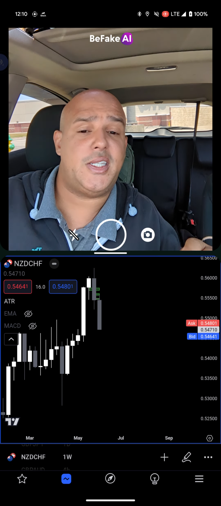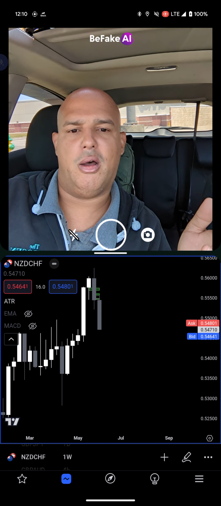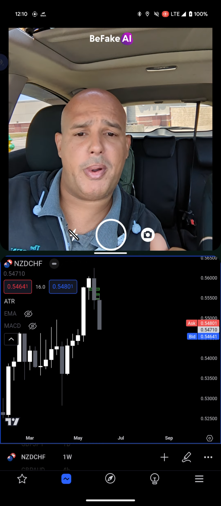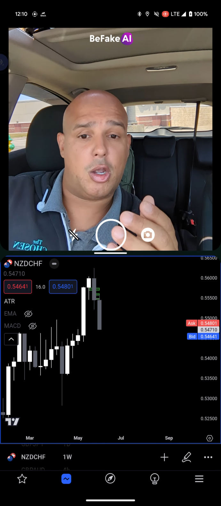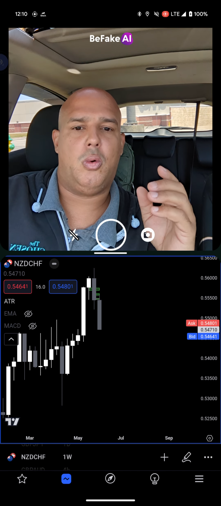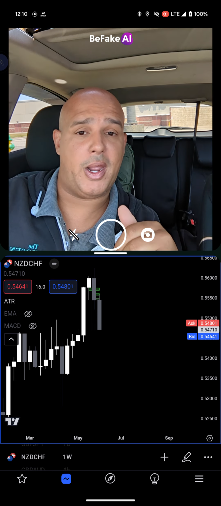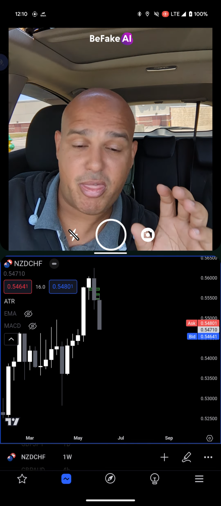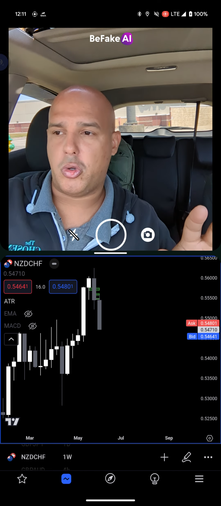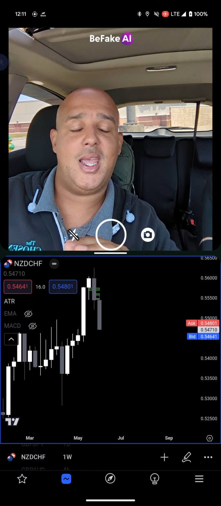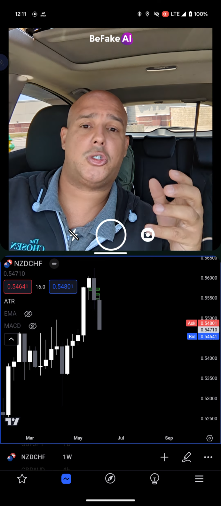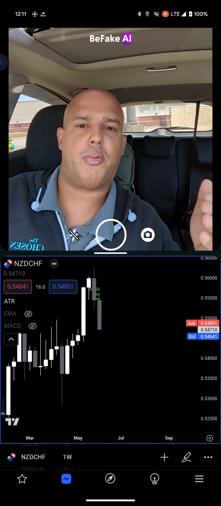NZD-CHF. NZD-CHF, this was the one that I actually used as an example the previous week. So we have a strong bearish candle that closed last week that engulfed the previous week before that. So 3 weeks ago was bullish. The week before that closed bearish, but completely engulfed the body, and I think engulfed the wick. Doesn't really close enough. Now last week's candle, following 2-candle theory, I would expect to be bearish, but it never made it to 50% of that previous body. And sometimes that happens. Because the momentum is so strong, you don't get a 50% retracement of the previous body.